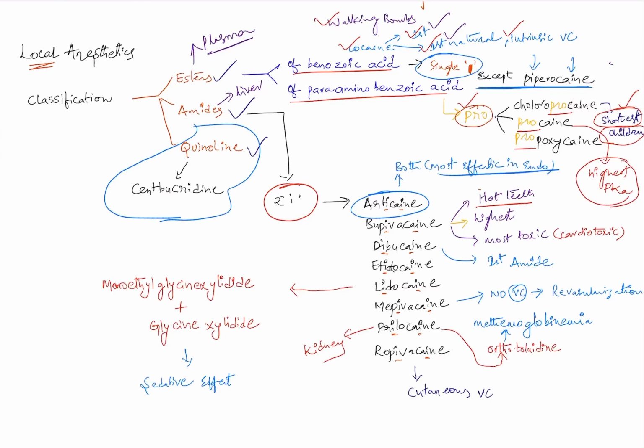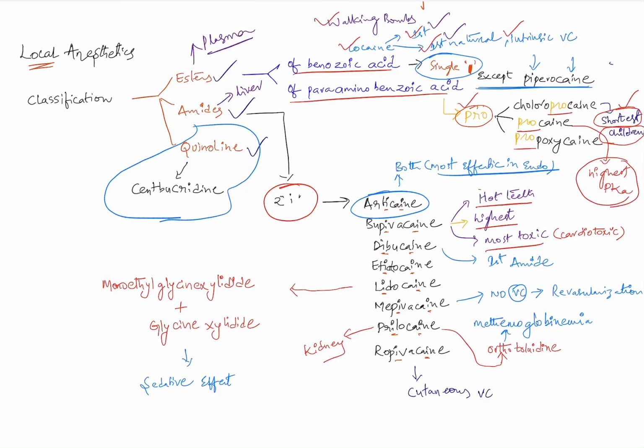Similarly, there is a bit of controversy, but according to Malamud, which is taken as a reference book for most of your MCQs, the LA which has the maximum half-life is bupivacaine. Make a note, there are a few controversies regarding this statement among many MCQ books which use old references, but according to Malamud or according to MDS Conquer, bupivacaine is the LA having the maximum half-life, because bupivacaine is most commonly used nowadays, so definitely the paper setters will give bupivacaine as an option. It is the LA with the maximum half-life, the maximum duration of action, and it is the LA which is most toxic.